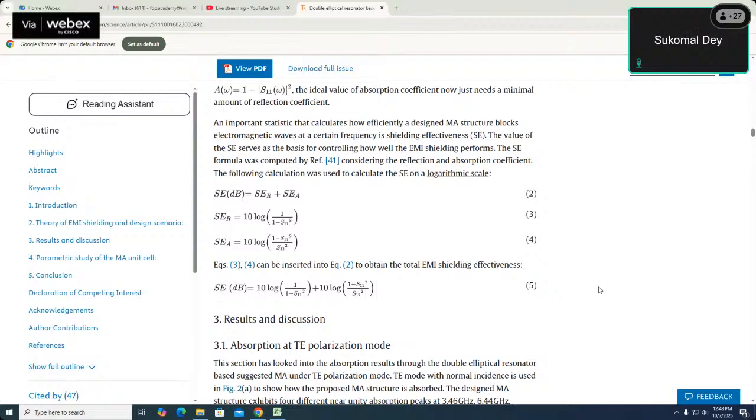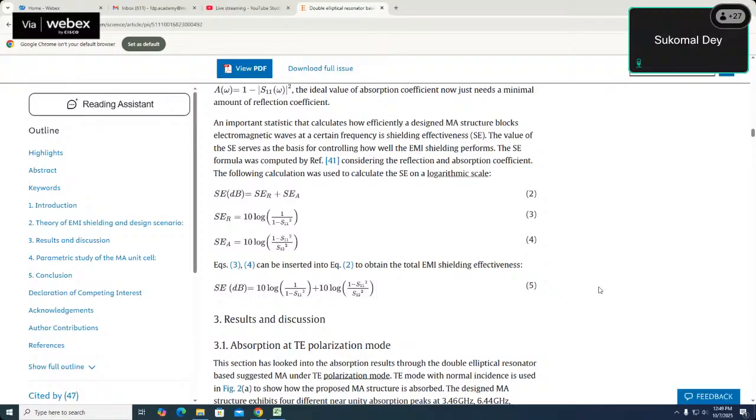Okay. If we convert the same expressions... same expression. So actually this 1 minus S11 square is simply the power absorbed by the surface, as much as I